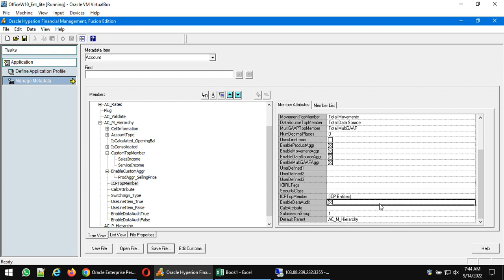Okay, right? So enable data audit. Write down enable data audit. Refer scenario dimension. Same in scenario dimension there is another enable data audit. There is a link between these two. We'll discuss in that one. Okay,